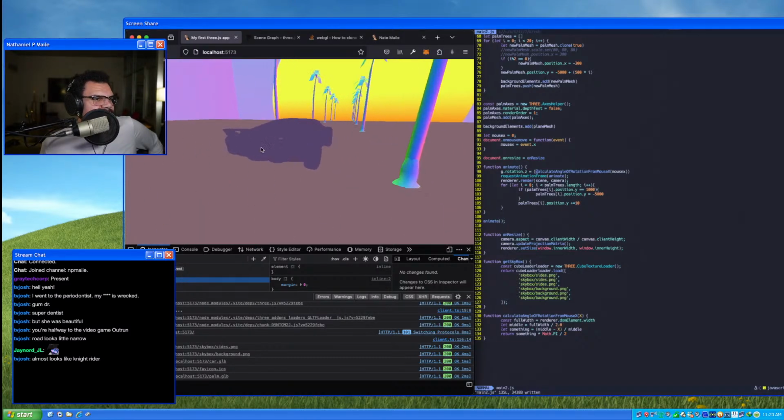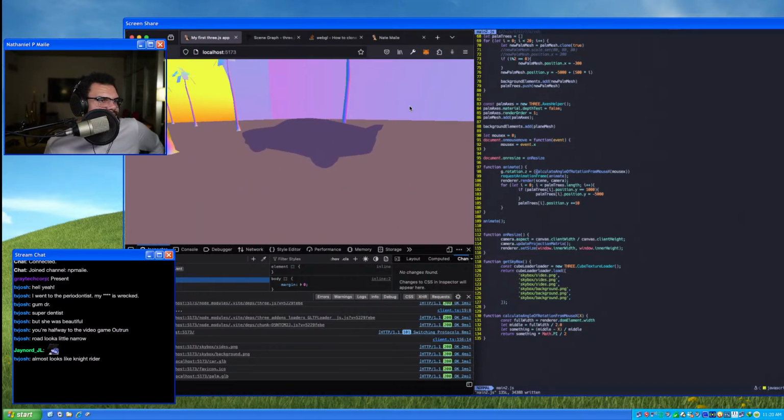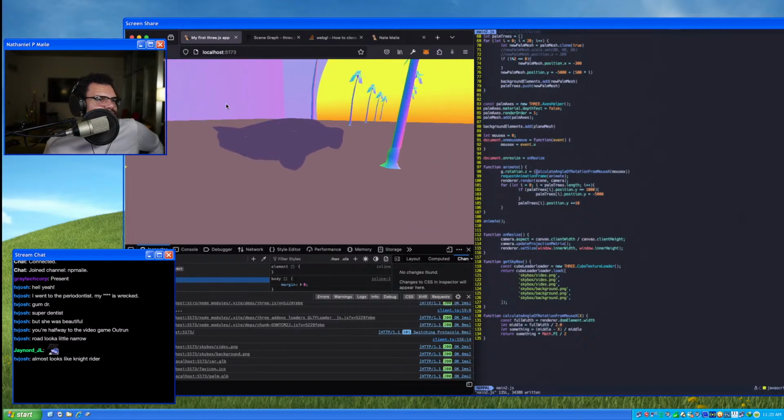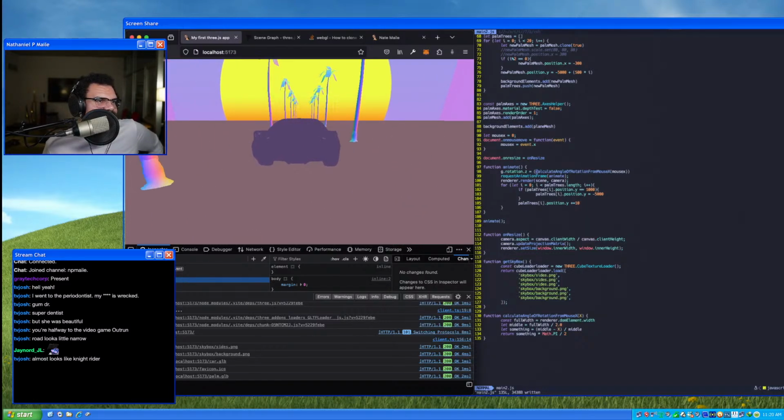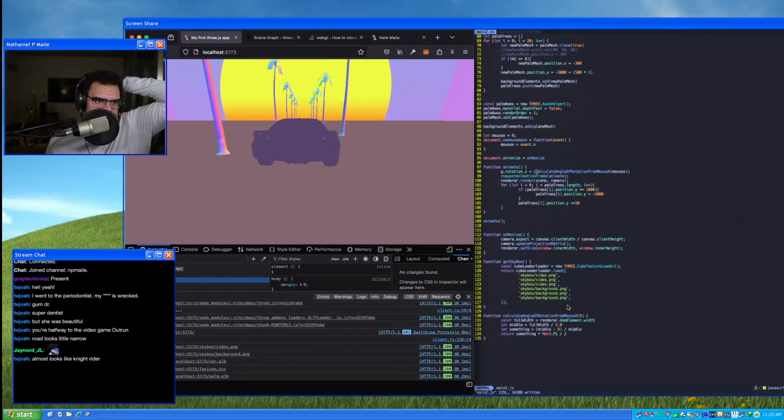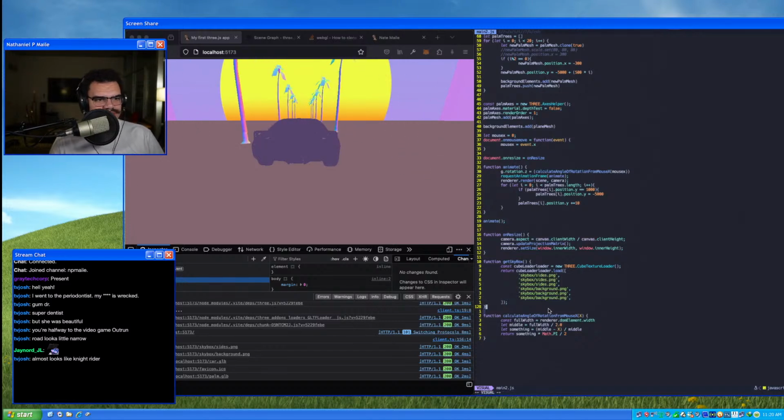I need to get the wheels spinning. That'll be something to do in the future, though. I'm not gonna do that right now. Also, I need to get the wheels to touch the ground, which I haven't worried about. So what was I gonna do? I have calculate angle of rotation from mouse width, so we'll just do a real quick